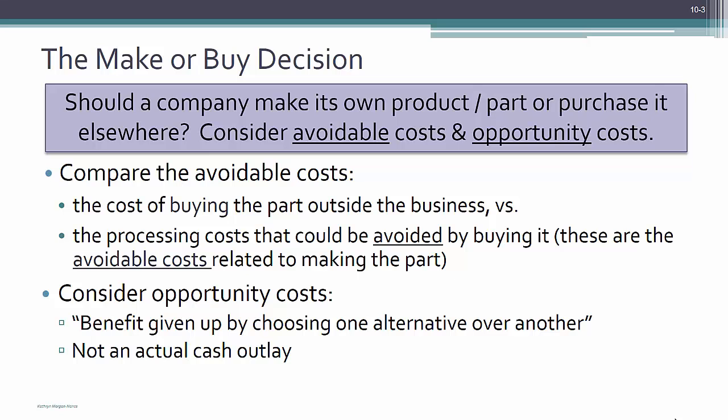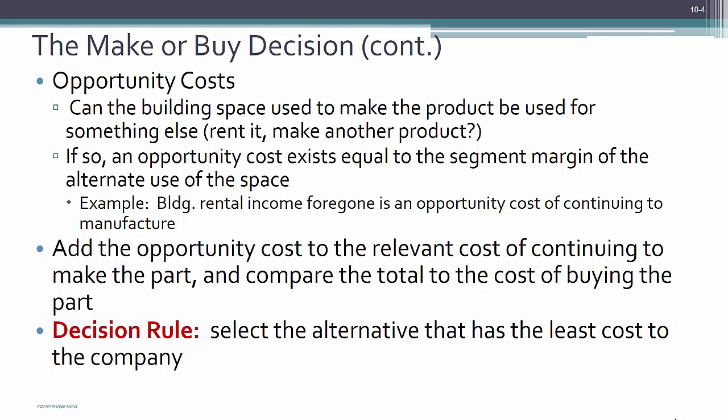Before making the decision to buy the product from a supplier, managers must compare the relevant cost of buying the product with the relevant manufacturing cost that can be avoided by buying the part. As we discussed in an earlier video, opportunity costs may be relevant in decision making and should also be considered. A simple example of an opportunity cost is the lost wages and vacation time you incur if you decide to